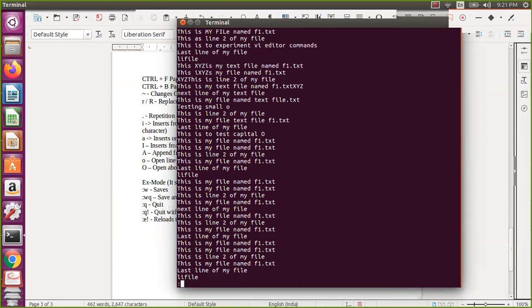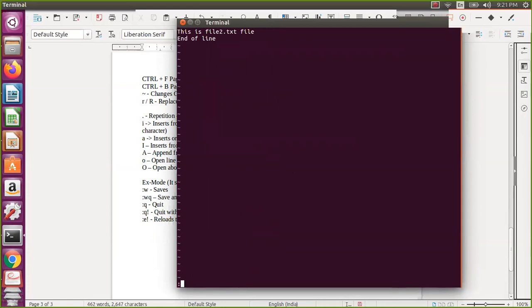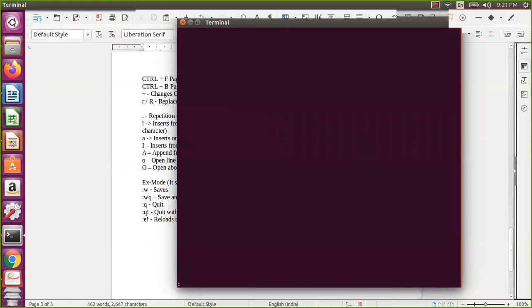Let us assume I want to quit, and I want to run ls, or pwd, or date, whatever it is. How will I do that? Let us assume I am here and I want only ls. What you need to do is colon, then exclamation mark, then ls. Then it will give the list of files. If you want it again, then again colon exclamation mark pwd.